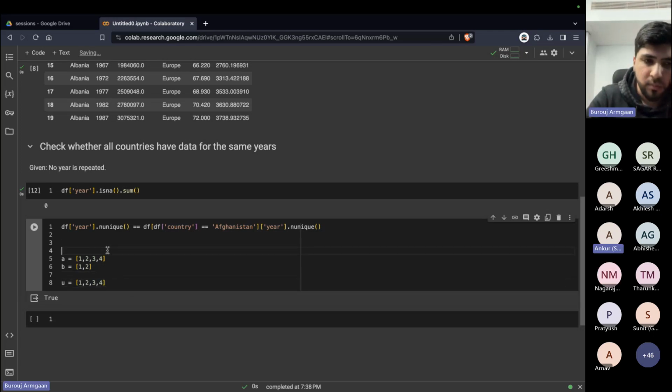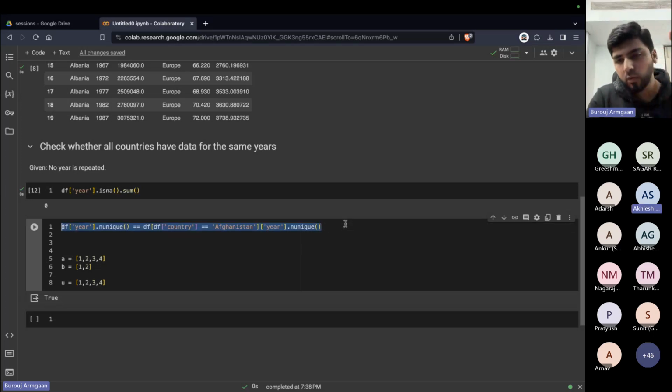So I was saying, let's say we had only 2 countries, 1, 2, 3, 4, and 1, 2. One has 4 years, one has 2 years. We do this check basically. We compare the total unique with the first one that is visible to us. We see that, okay, this is good, but the next country may have fewer years. It's a subset of the unique sets. So this is not a good check for that. So what you have to do is,